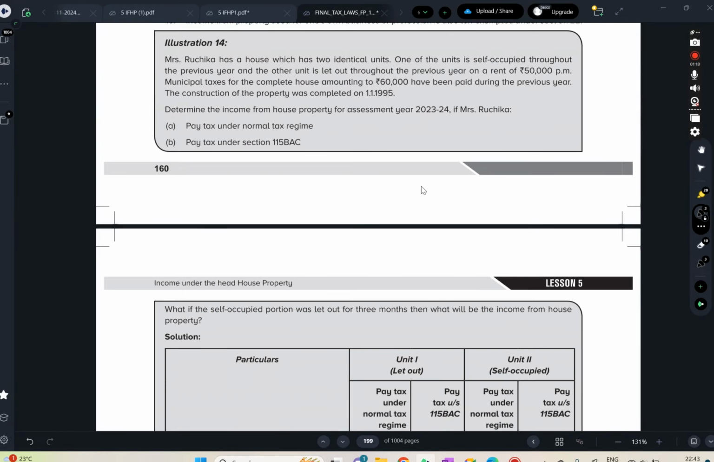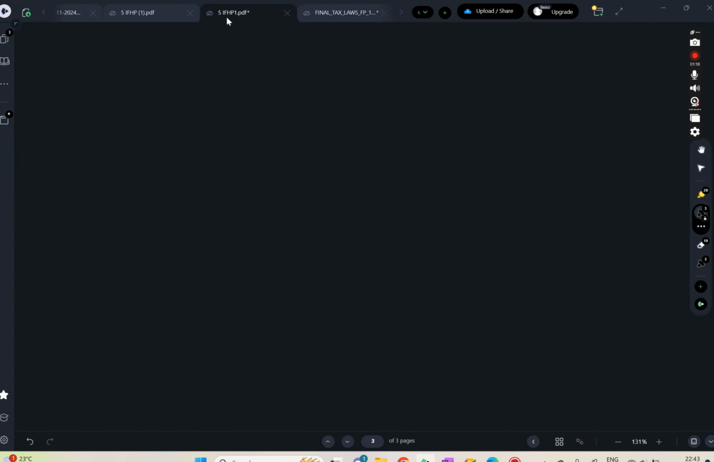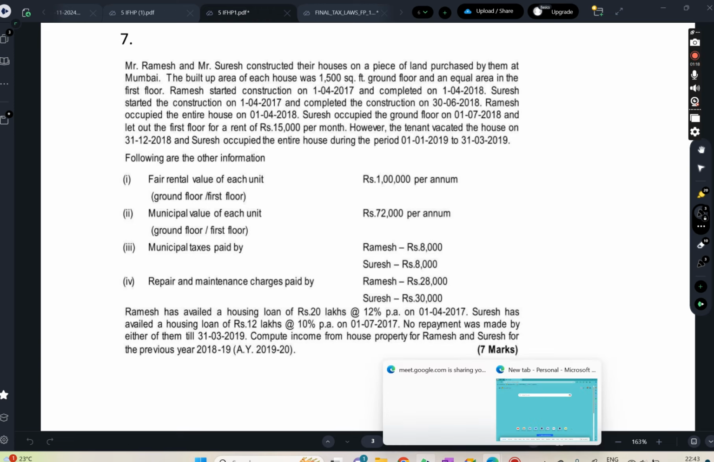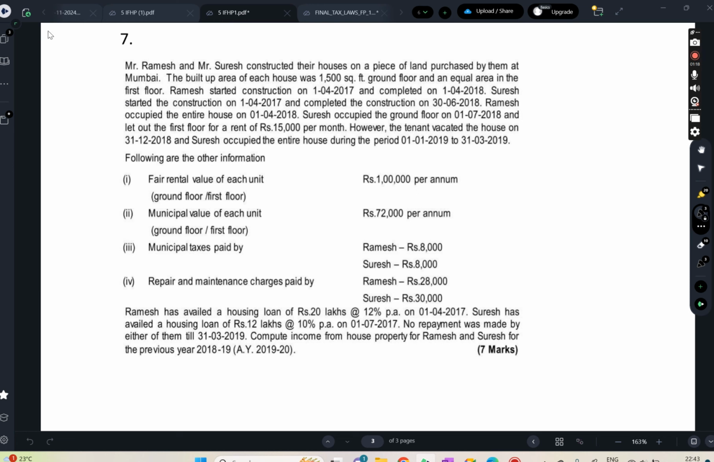It's this 7th, Ramesh and Suresh. You can try this as homework. It's actually a very big question. There may be a little bit of complication also. Okay, so you can try this guys. Okay, that is one thing. And